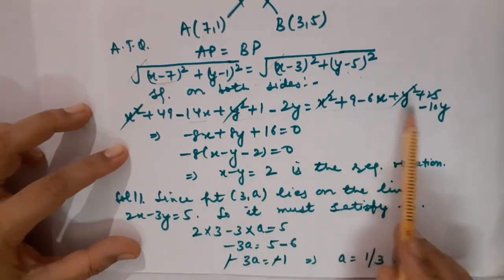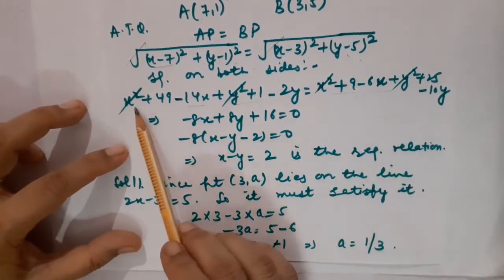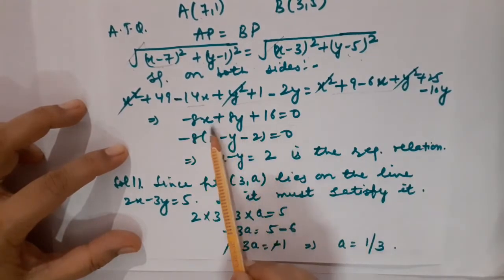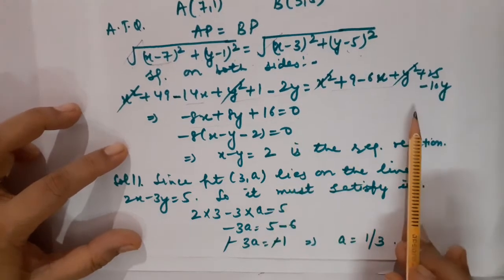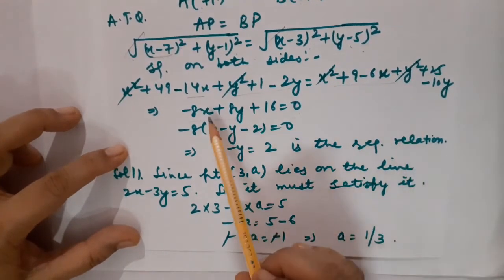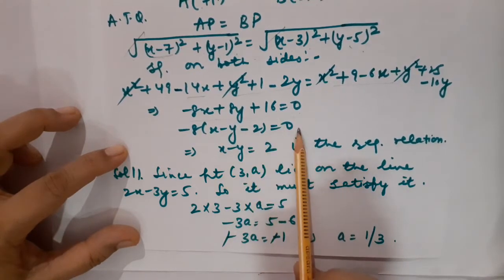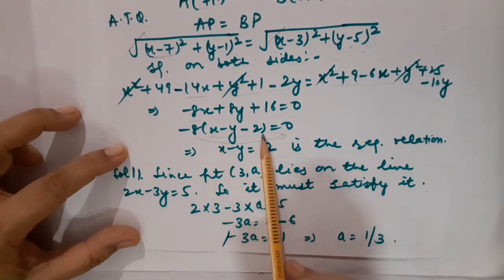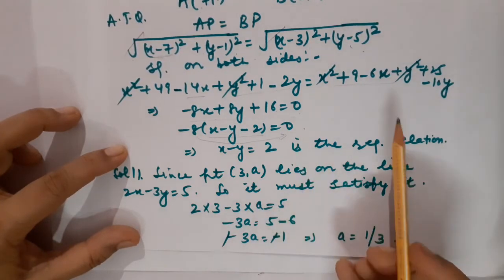In the same manner when I opened the other expressions. Okay. So x square and y square are going to be cancelled. So ultimately I have got minus 8x plus 8y plus 16 is equal to 0. Taking minus 8 as common, so it will be x minus y minus 2 is equal to 0. This minus 8 is multiplied here with this expression. It will be divided on right hand side. So it would become 0 upon 8 minus 8, that is equal to 0 again.